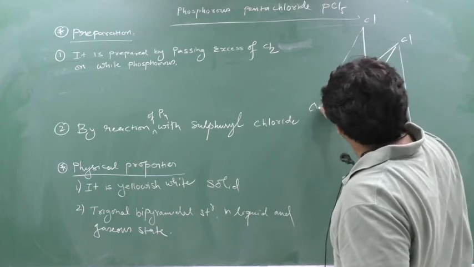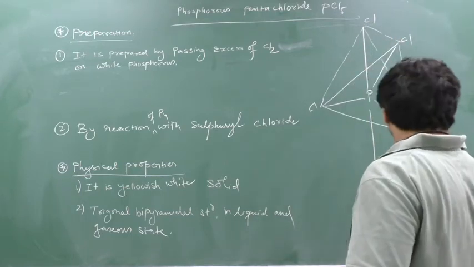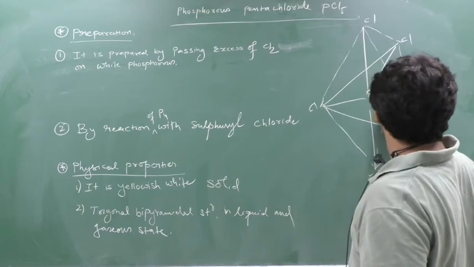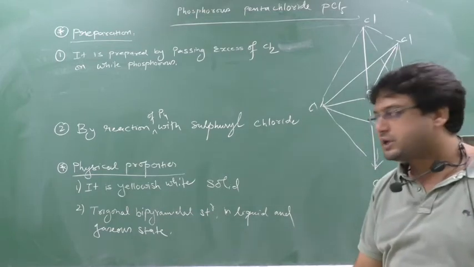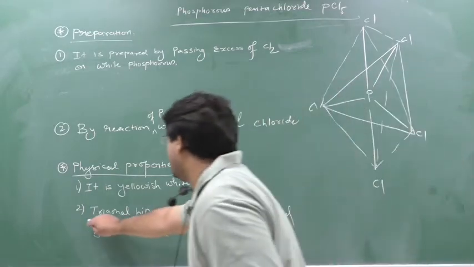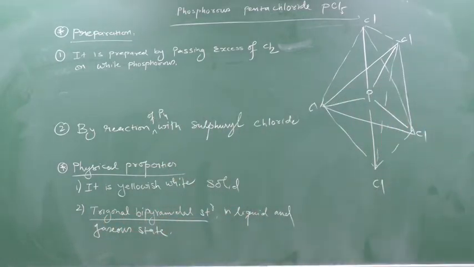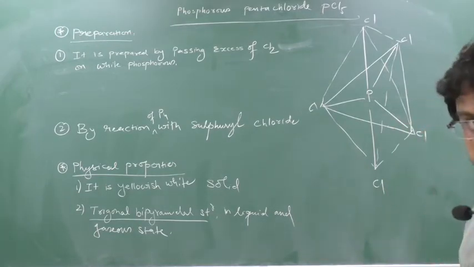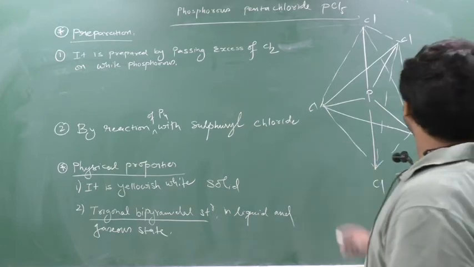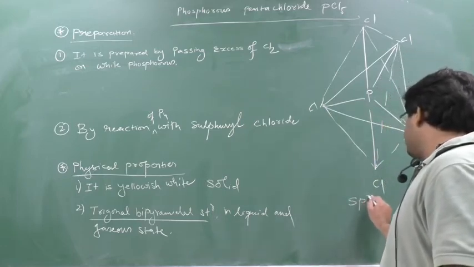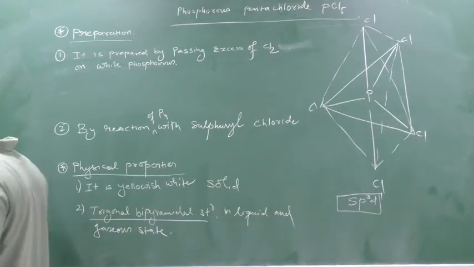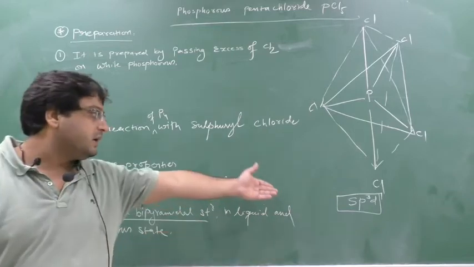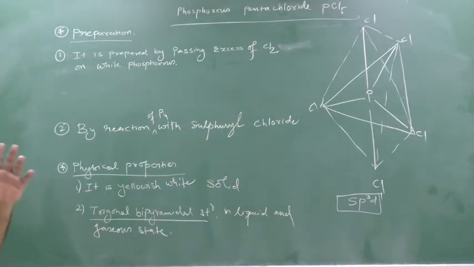So they will form trigonal bipyramidal structure. Clear? So the PCl5 structure is trigonal bipyramidal, whether it is in a liquid state or in a gaseous state. Clear? Whether in a gaseous or in a liquid state. If you see the hybridization, see here phosphorus is sp3d hybridization. Please remember this. The hybridization of PCl5 you can calculate by that method, and that method you know. So the hybridization is sp3d.